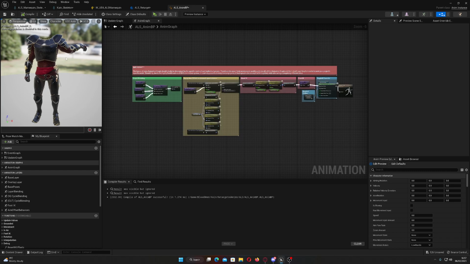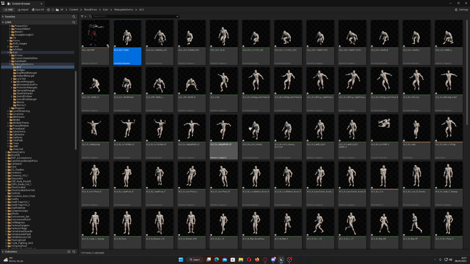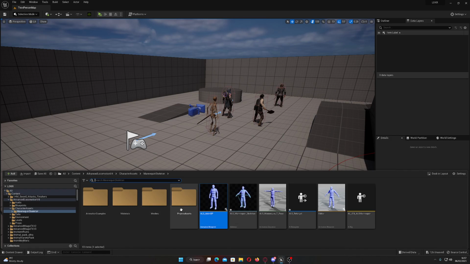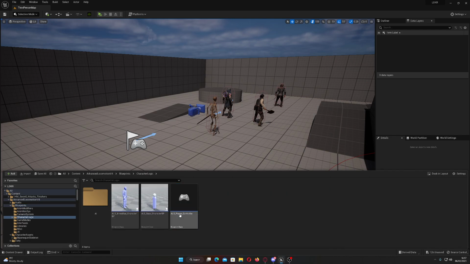Combine all of this. That's working fine as intended. For some reason, that arm always stays like this in the animation blueprint. I haven't worked out why yet, but it doesn't seem to affect it in world, as I'll show you momentarily. So just close that one up, and then we'll go to the blueprints, character logic,